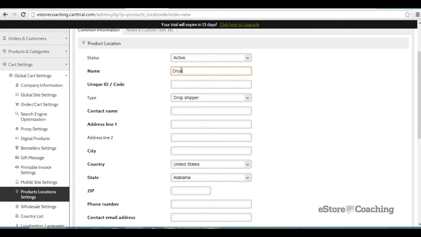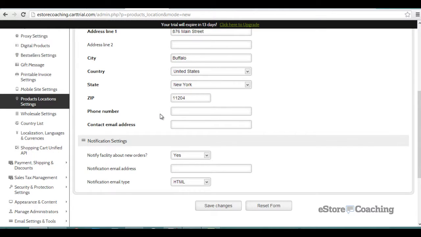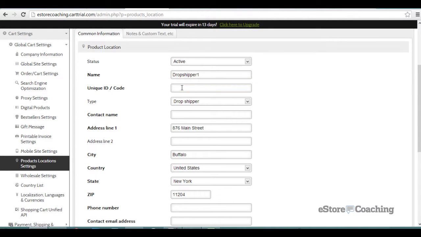So you can add your drop shipper information here. Let's say you have a drop shipper 1, you can enter the address information, the contact information here, and you can associate it with a specific product. So when the customer checks out, you have the option of sending that email directly to the drop shipper. So let's enter some basic information for the drop shipper, the address. And what it does normally is calculate the shipping from the address that you specify here instead of your initial address. Let's enter a code here, name,